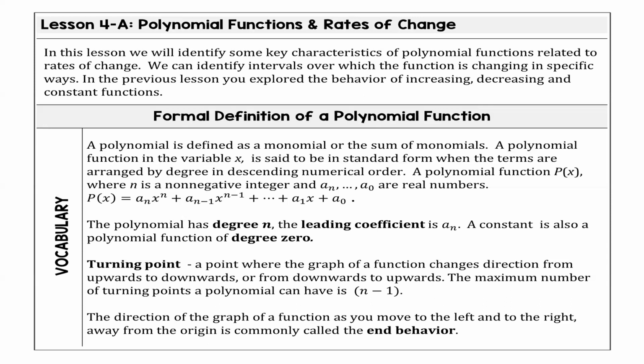So we're going to identify some of the key characteristics of polynomial functions and how they relate to rates of change, okay? The main thing is that we're going to make sure we can identify the maxima and minima of our functions. So just remember, this is the general form of a polynomial. It's one term plus another term plus another term as the power of your variable is decreasing in size, right? Remember that? So for example, we could have a polynomial of the form